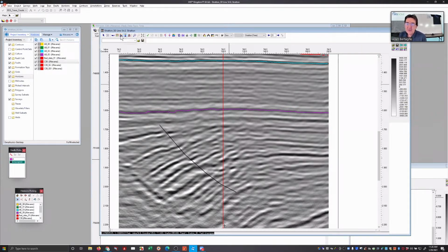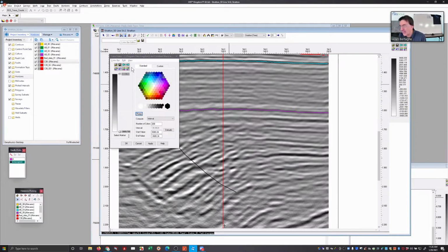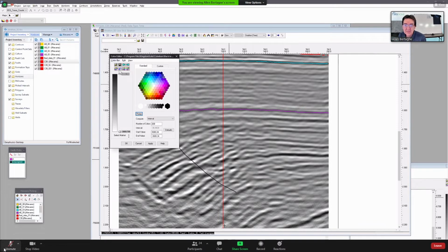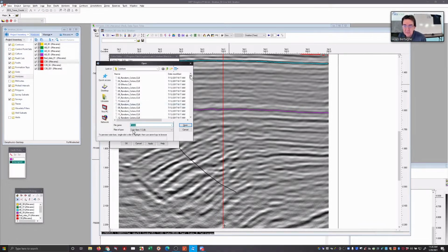I forget, did we talk about the black and white palette last week versus the other palettes? Do you remember? For map, yeah. So